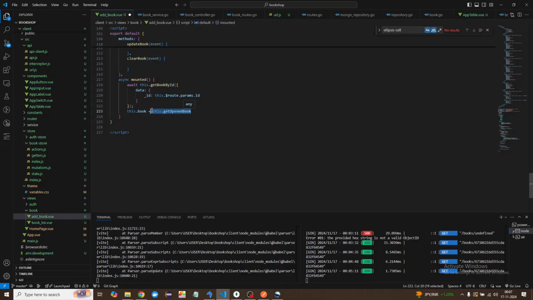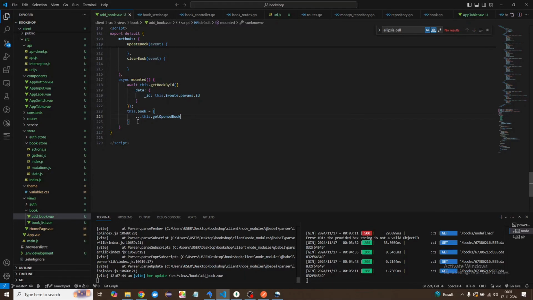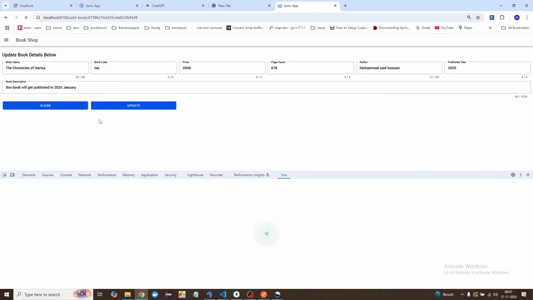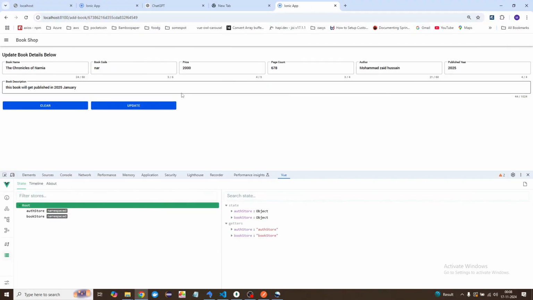So for that, I'm just going to cut it from here, and I'll say, okay, just destructure it, so that we can break the call by reference, and it will be copied as a value, right? Let me save it and then see if that works. You can see all of those data has been binded here successfully, and then we should be able to call this update, and then update functionality should be working fine, right? Let me just refresh the page and show you once again if that works. Yeah, you can see that all those data get binded over here,